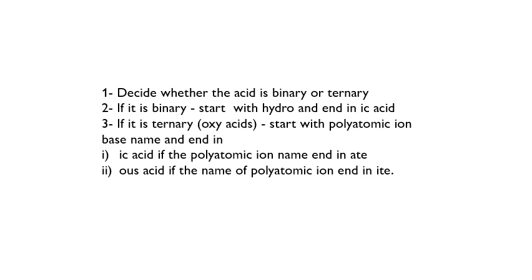And then if it is binary, start with hydro and end in IC acid. And if it is ternary, that is oxyacid, start with the polyatomic ion base name and then end depending on the polyatomic name ending. So if the polyatomic name ends in ATE, end the acid name in IC acid. And if the polyatomic ion ends in ITE, end the acid name in